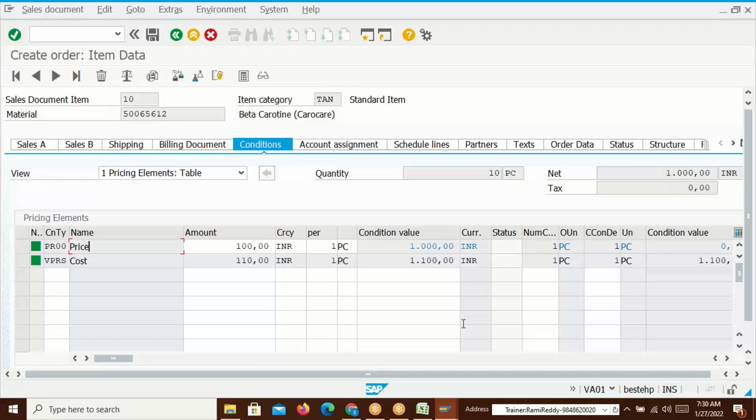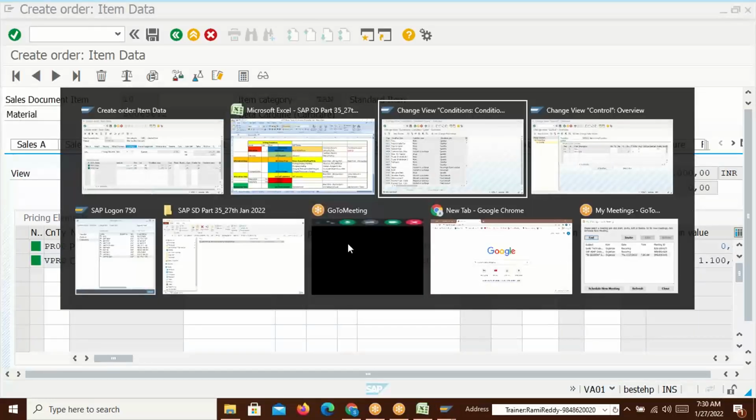Pricing condition technique: determination of condition records. What is a condition record? This is 100 rupees per piece, that is a condition record. How can you say that? See here,